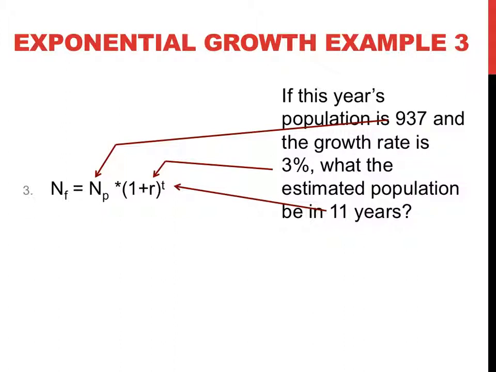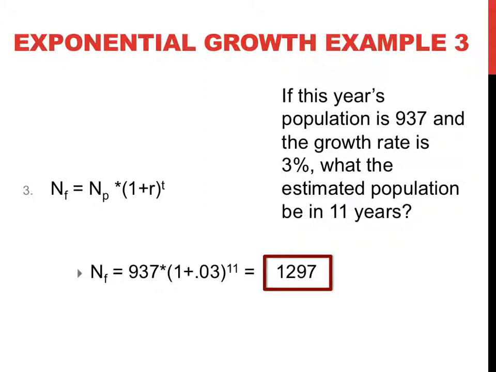The starting population, NP, is 937. The growth rate in decimal form, R, is 0.03. And the amount of time, or T, is 11 years. Plugging all of these values into the equation, you would expect to find the starting population of 937, growing at a rate of 3%, to increase to about 1,297 over a period of 11 years. This exponential growth rate model can not only be used for ecology, but is also used in determining interest earned